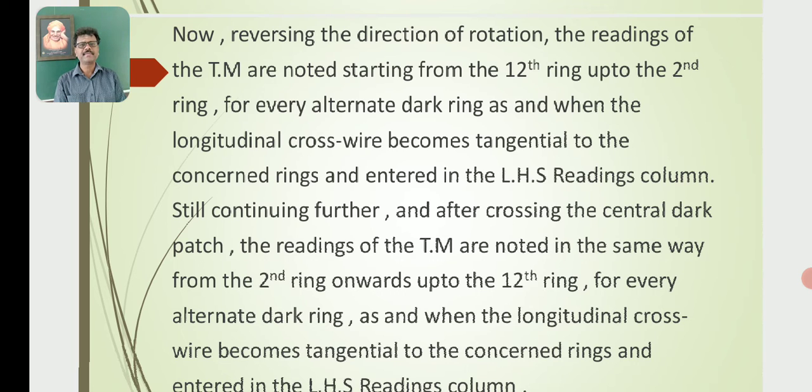So first, the microscope can be adjusted until we get the alternating bright and dark rings in the field of view. Then the head scale drum can be moved slowly such that the crosswire moves towards the left, until the 16th dark ring.